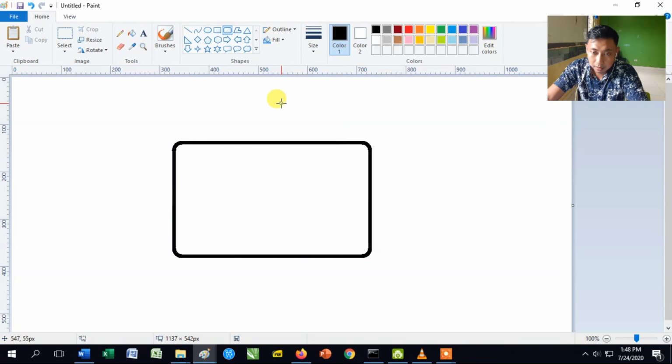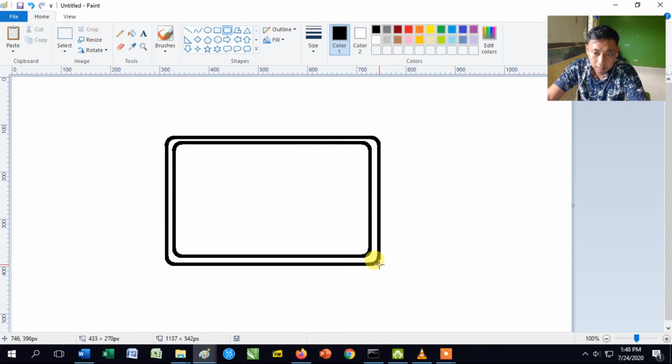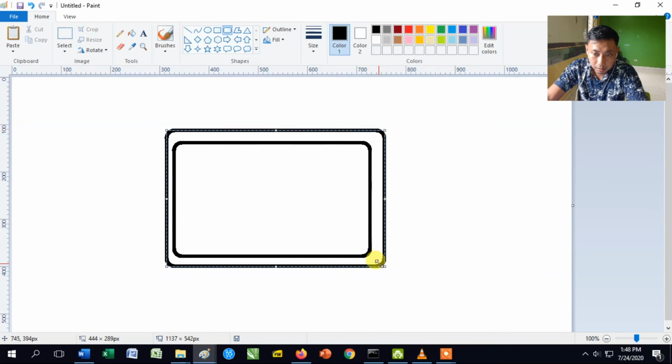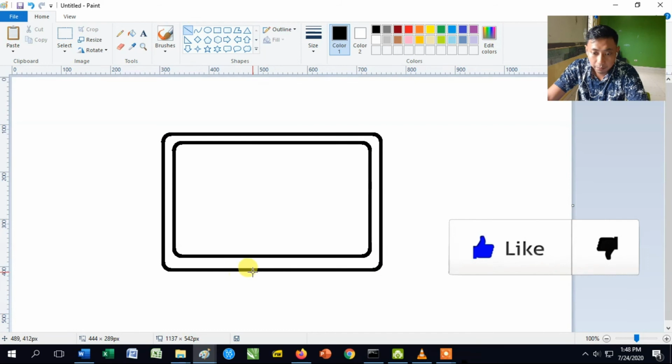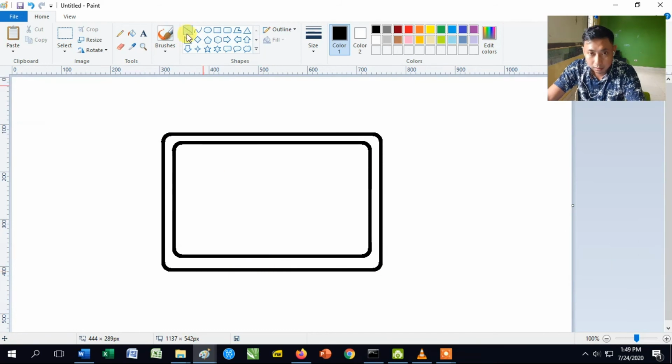Okay, bring it to the center, and then we make the double over here. We can make it a little bigger like this. Okay, and then we click this for the bottom of the television,